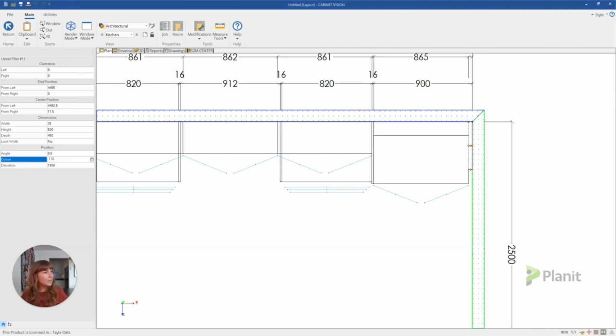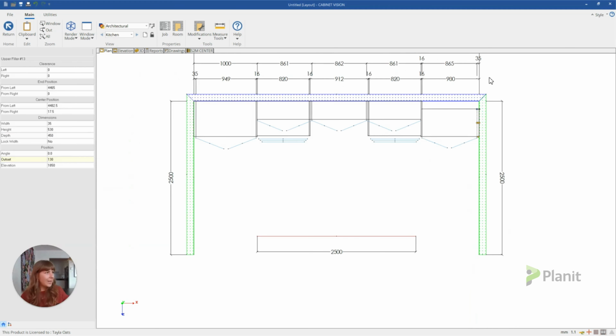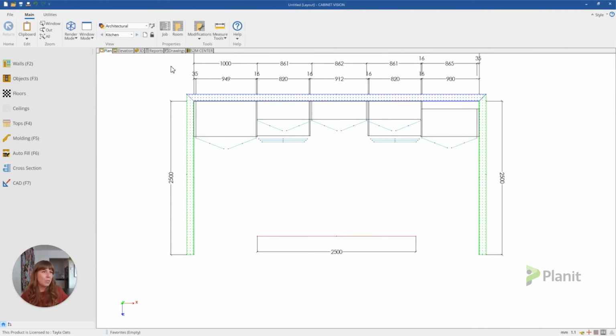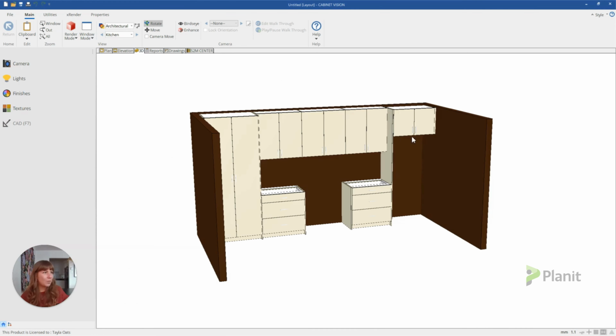So I'm going to do the same thing for the filler there. And that's looking much better. Along my back wall, same thing. Now I'm in my 3D, and that panel is sitting out the same depth as the fridge will be sitting. So